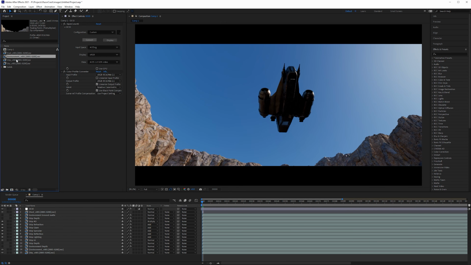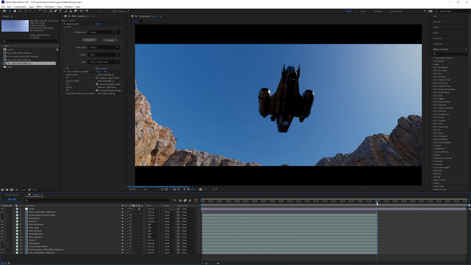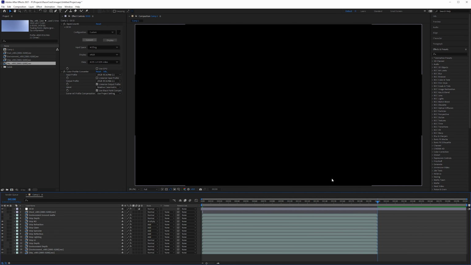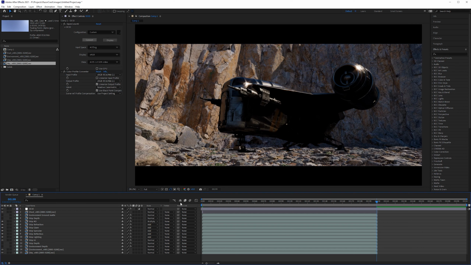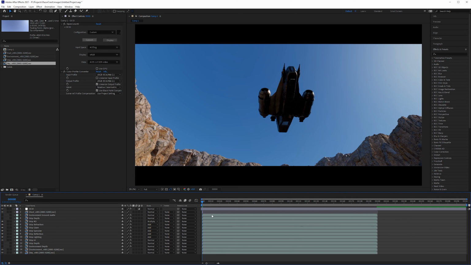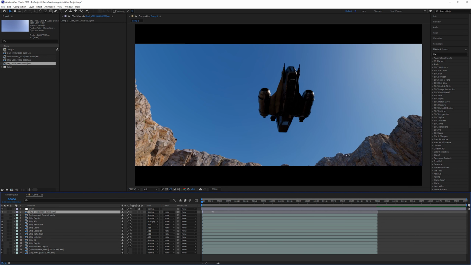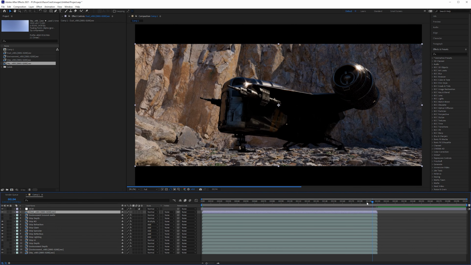Then you would do the next one for Environment, Ship, and then Sky all separately. When they have all loaded in, just make sure that these are going all the way to frame 200. Or actually in After Effects, this will be 199 because After Effects starts on 0 and Maya by default starts at 1. For clarity, we should have changed that, but it doesn't really matter. Just remember that there's a 1 frame offset. Just make sure all the layers are there. For whatever reason, my dust layer here did not go all the way. So just make sure that that is there.